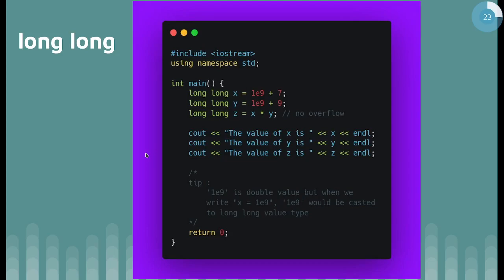And there's an example here. If you had two big numbers like 1e9 plus 7, which is prime by the way, and 1e9 plus 9, and you wanted the multiplication of them, that would be something very large, around 1e18. So you should use a long type to save that, and that is what I did for the values. So here you can save the multiplication of two big numbers.